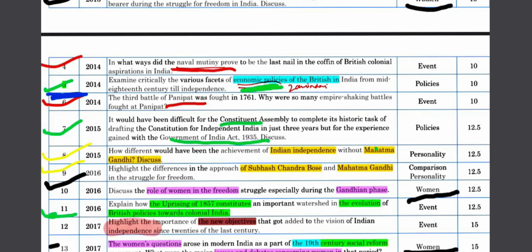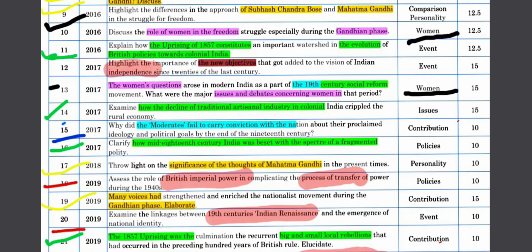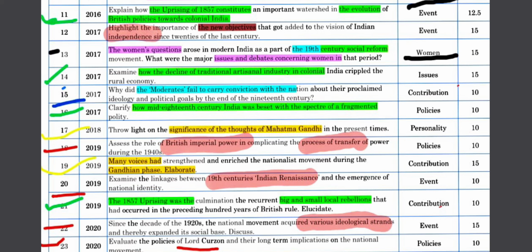If you can notice, there are certain things that I've highlighted in green. So the most important one over here is the revolt of 1857. What I've noticed is that the revolt of 1857 is another important theme that the UPSC is focusing on. So let us look at a few direct questions on revolt of 1857 and the others which are a little bit indirect. So the direct ones are question 11, which is asked in 2016 for 12.5 marks, and they're asking